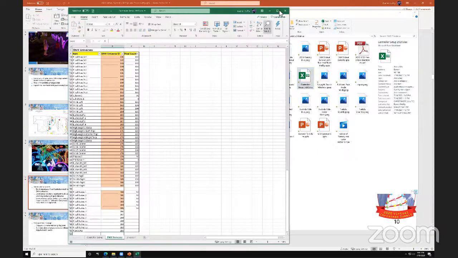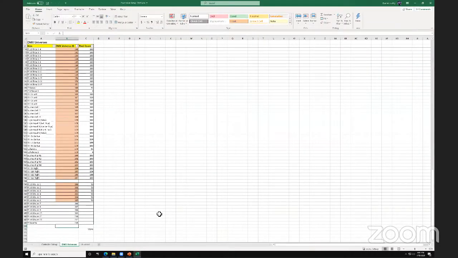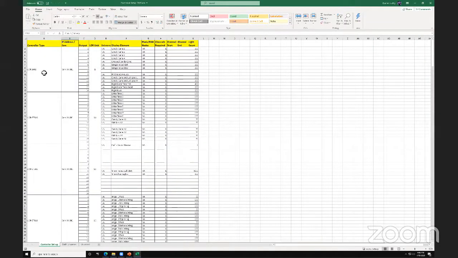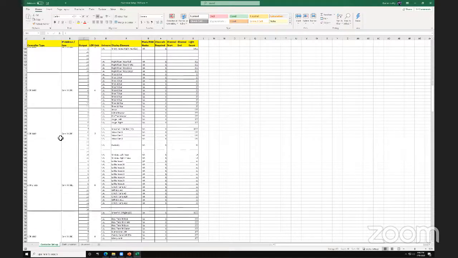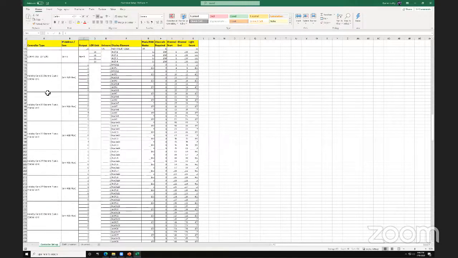So here is a controller view where you can see all my controllers, and a standard LOR 1602 controller has 16 outputs. And here's the items I have that are plugged into that one controller. And then I have the second one, and I'm labeling by the LOR unit ID, and then what the outputs are for those. When you get down out of your AC controllers, I have some old Holiday Coro